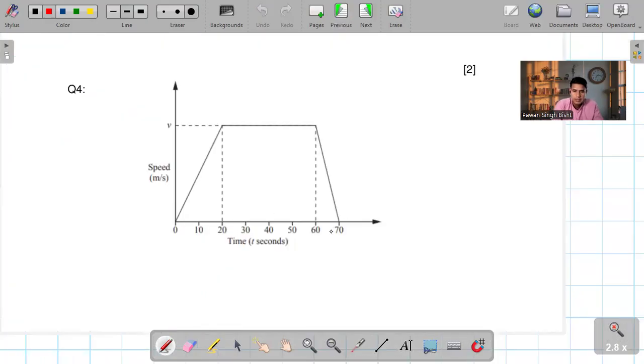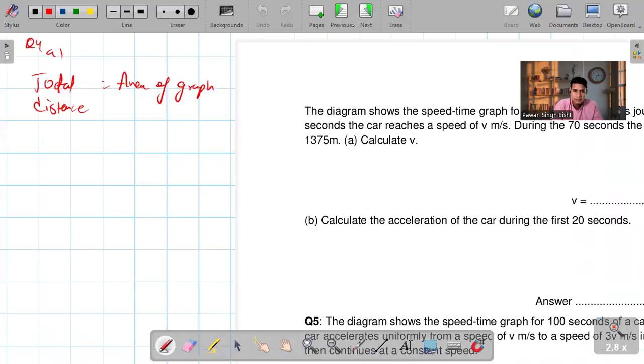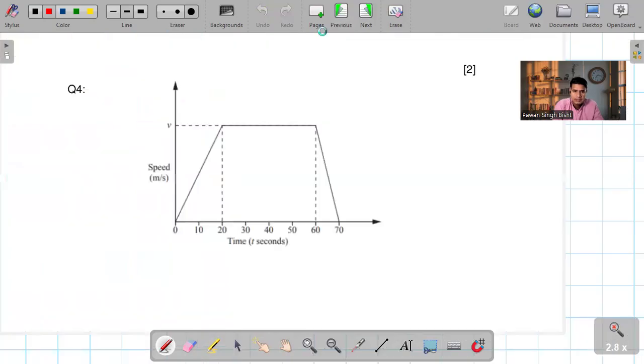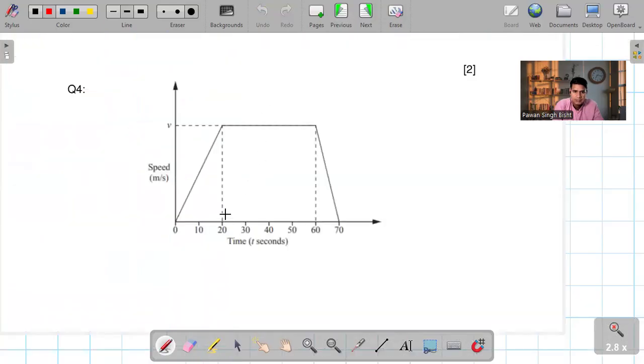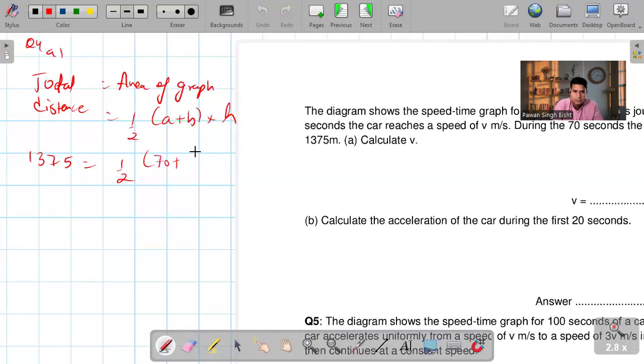The area is half times (a plus b) times h. Total distance is 1375 meters. Half, the base is 70, plus the top side from 20 to 60, which is 40, and the height is v. So half times 70 plus 40, that is 110, times v